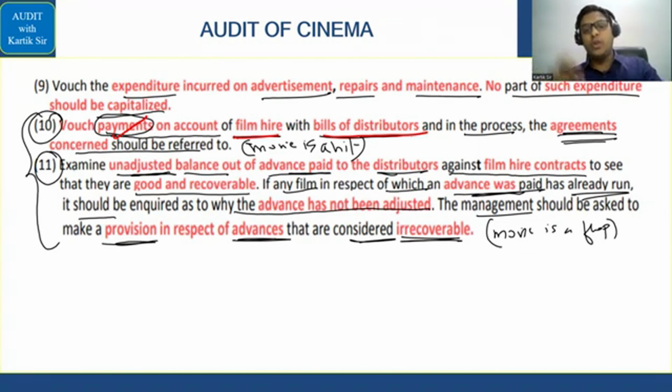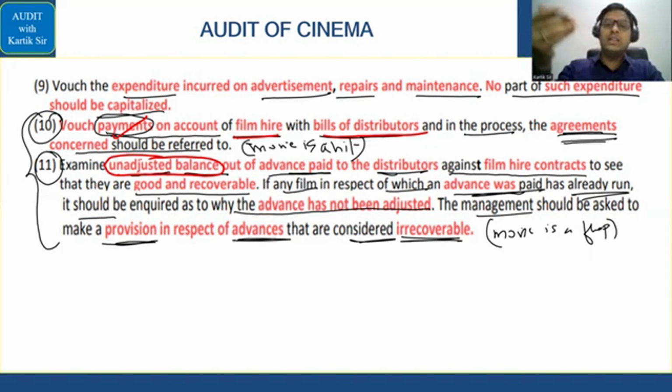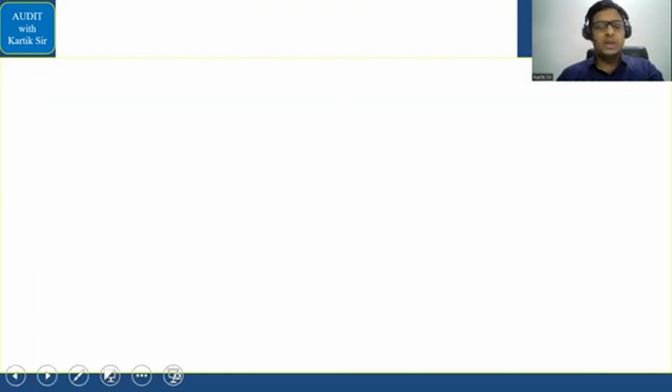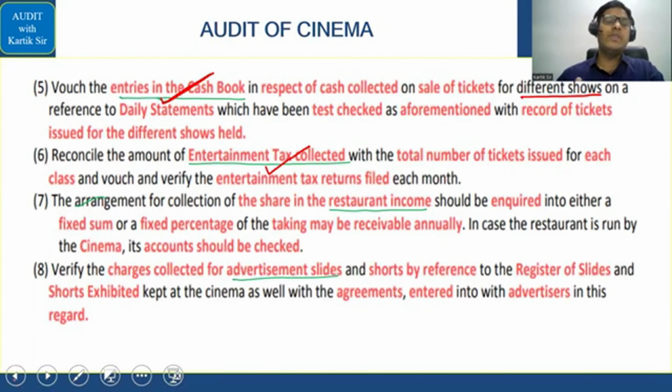But if the movie is a flop, then in that case, ये देखो unadjusted advance balance जो amount रहेगा यहाँ पे, that he has to pay you, the distributor has to pay you, that is the cinema hall owner. और अगर डिस्ट्रीब्यूटर वो पे नहीं करता और भाग जाता है, then the amount is irrecoverable and you have to create a provision. You will check whether the cinema hall owner has created a provision or not. Simple है यहाँ पे ये।